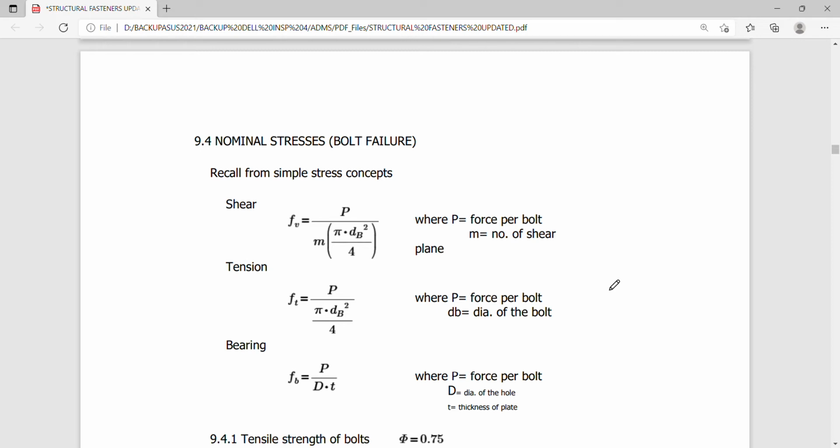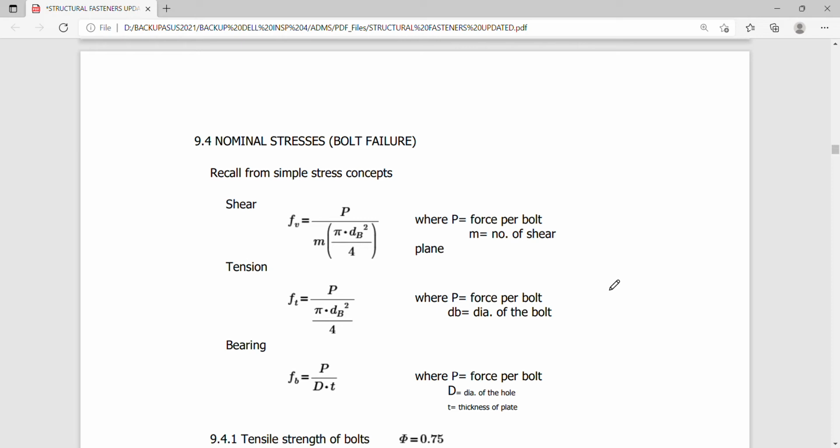So we will be continuing our lecture from the conceptual discussion last time. We move forward to some formula to consider when we deal with the nominal stresses concerning bolt failure. So we recall some simple stress concepts on shear, tension, and bearing. So this is actually an application of the simple stress formula P over A, wherein the only difference will actually be noted on